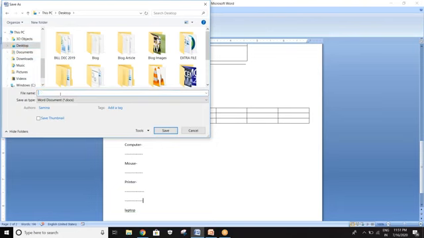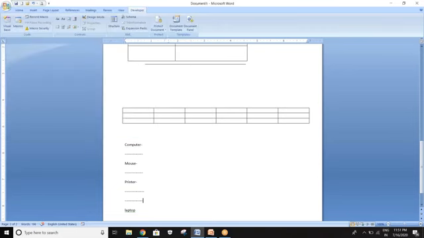Change the file name, enter Word first page, and save as type Word document and then click Save.